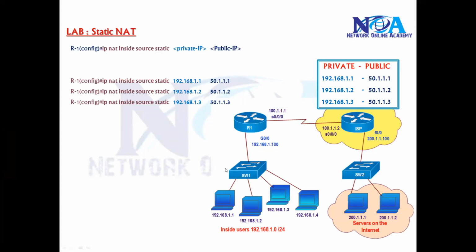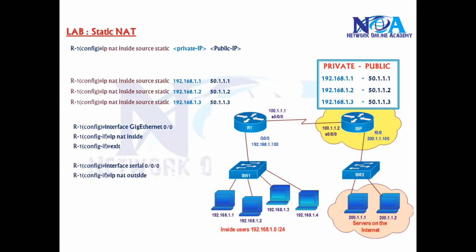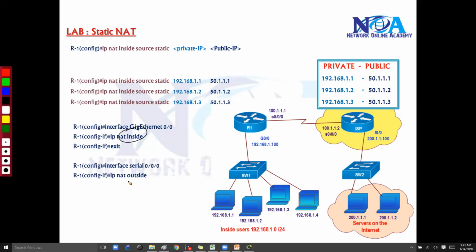Okay. And then the final thing is we need to implement this. Implementation is important. You need to apply the NAT, which means here we need to specify what is your inside interface and what is your outside interface. Inside means the interface which connects towards the LAN, and typically from where you receive the traffic with a private IP. In my example, I'm saying this is my inside interface. We say IP NAT inside. And the interface which is facing towards the service portal, we call this an outside interface.